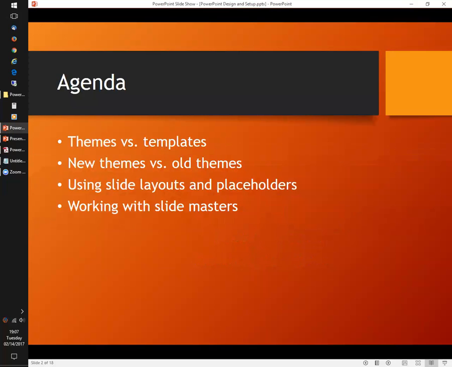Then a little bit about the new themes versus the old themes. That'll make more sense as we talk about it, but there have been some changes to how themes work in the newer versions of Office. Then we want to talk about using slide layouts and placeholders: once I'm ready to start adding slides to my presentation, what's the right way to do that? Where are the different layouts that are already available to me in PowerPoint?